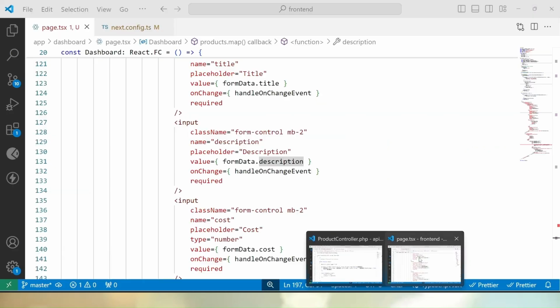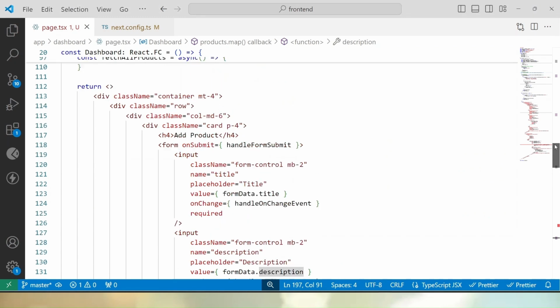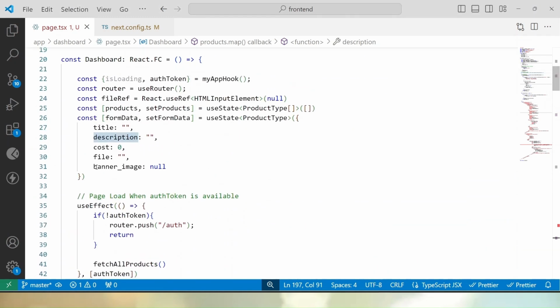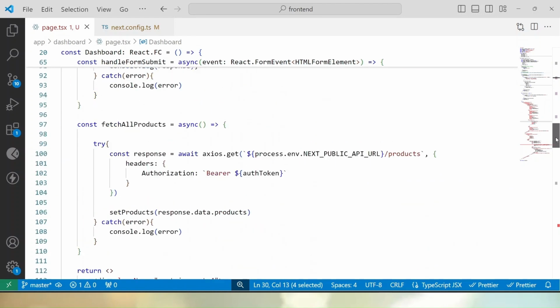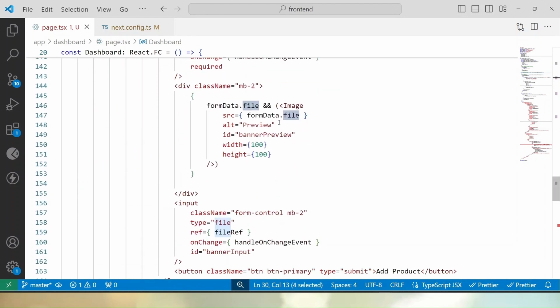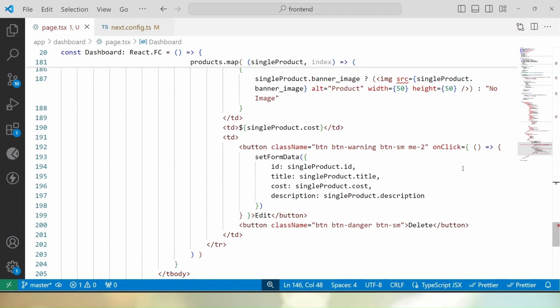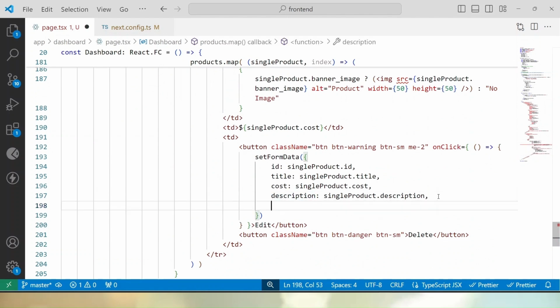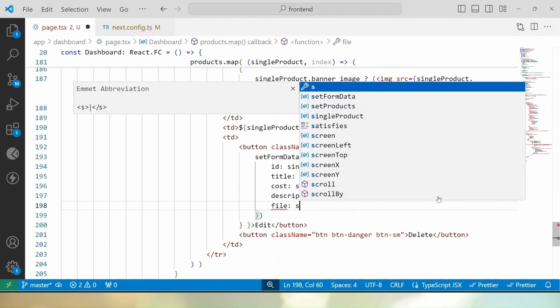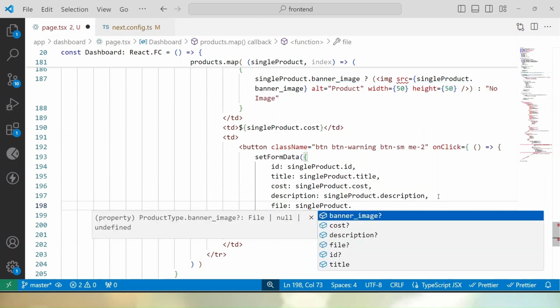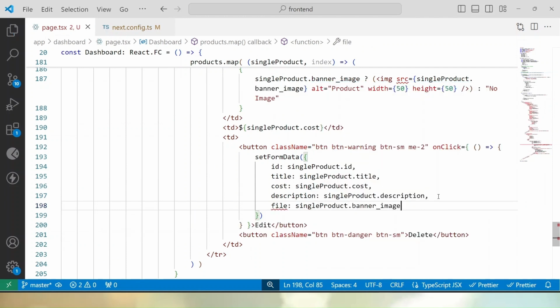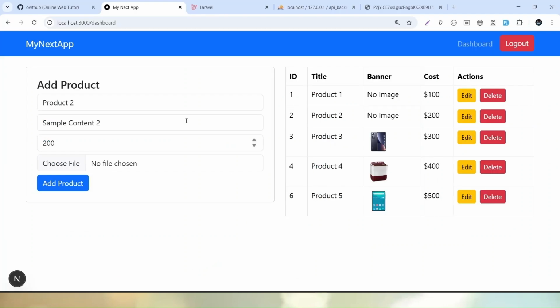So what we can do, if I go here, remember inside our product type interface, here we have a key called file, and according to this file, we have the condition here inside this image preview that is called file. So simply what we can do, if I go here inside this edit button, the click event, and here simply let's say file equals to single product dot banner image. If I save these changes, let's go back to browser, and if I reload,